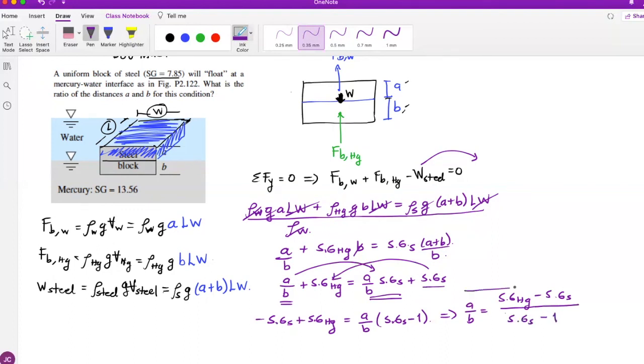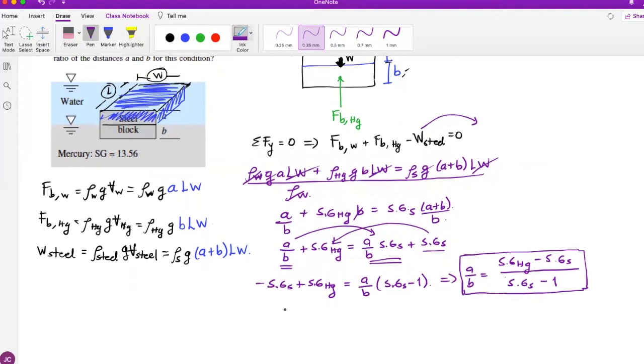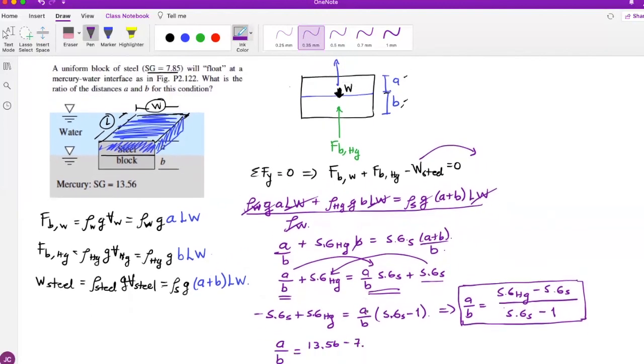So it seems that the ratio of the parts where the steel block is inside that substance, whether it's water or mercury, just depends on the specific gravities of all the substances involved. So if I substitute everything here, I will get that A/B equals, let's put these numbers, 13.56 minus that of the steel, which was 7.85. Let me just check. Yeah, 7.85